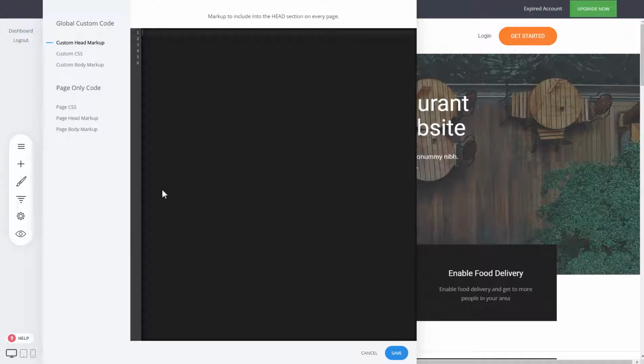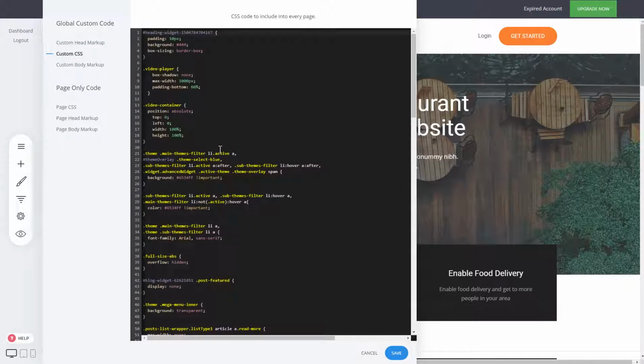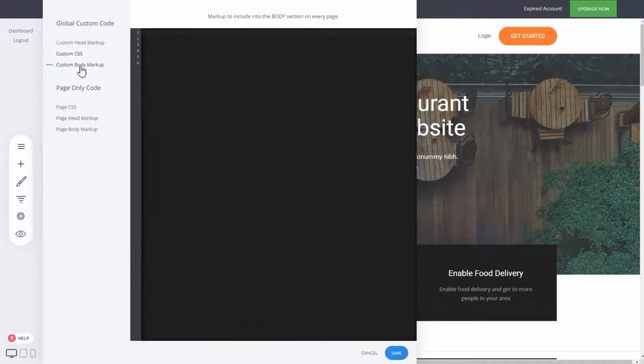You can add third-party applications such as if it's live chat or whatever it is. You can add the code here and click on save, and that will load inside your website when you start previewing it. You can add different things such as custom CSS, as you can see here. Of course, this is more advanced if you want to do some lightweight modifications with CSS. And you can add body markup as well. So these are the options for adding custom code inside the website or inside the pages if it's page related,